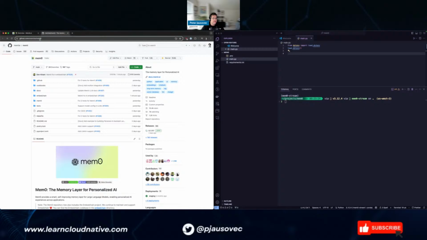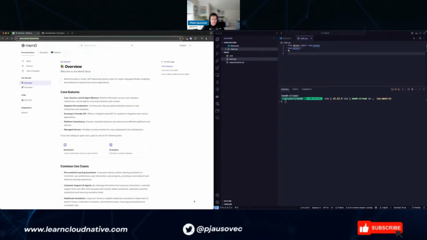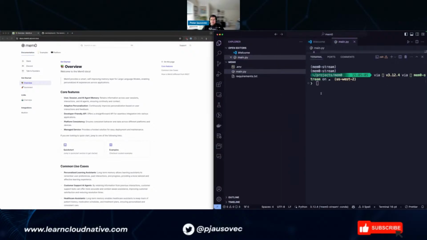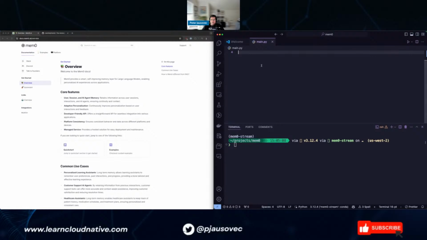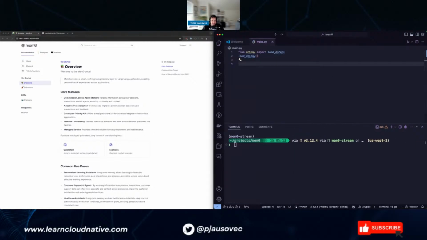So, GitHub repo. Let me paste this in the comments if people want to check it out. There's a GitHub repo, but there's also the docs page. mem0.ai just redirects to the GitHub repo. But I guess I'll go through the docs page first, and I already have set up an empty Python file with my OpenAI key already in there, because I'm assuming I'll just use that, and I'm assuming it works with that. All right.